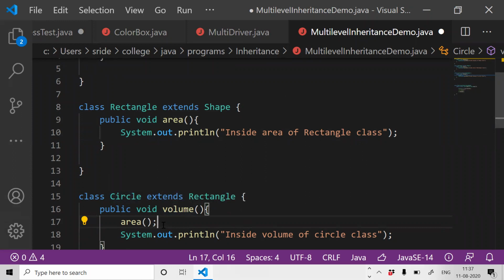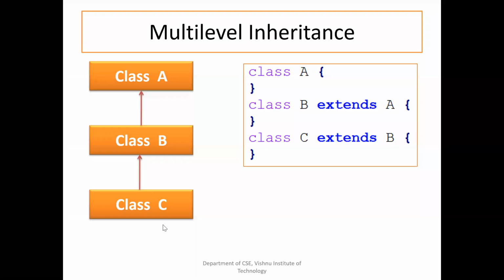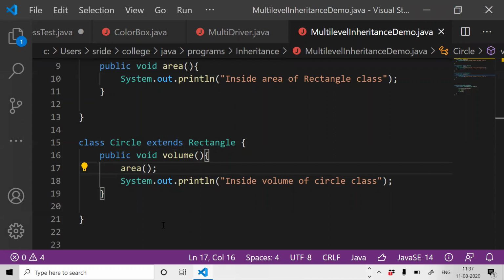So I am thinking that I can call it. If I call volume, the very first line is calling area, so it should call that method, and then it has to print the text inside the volume of the Circle. Is it happening or not? We'll check. Did I save?